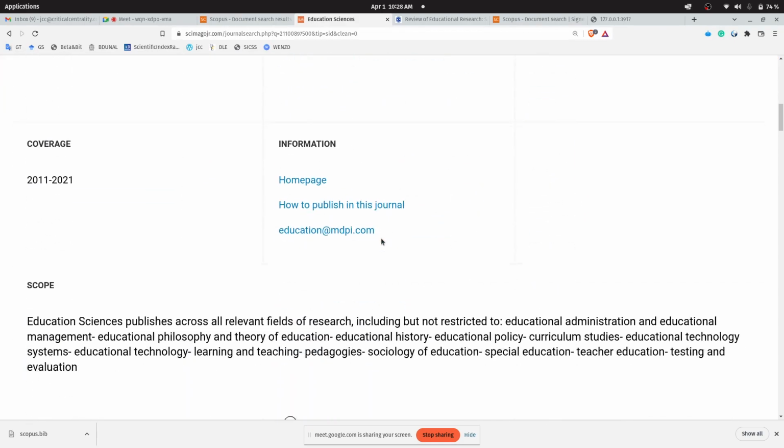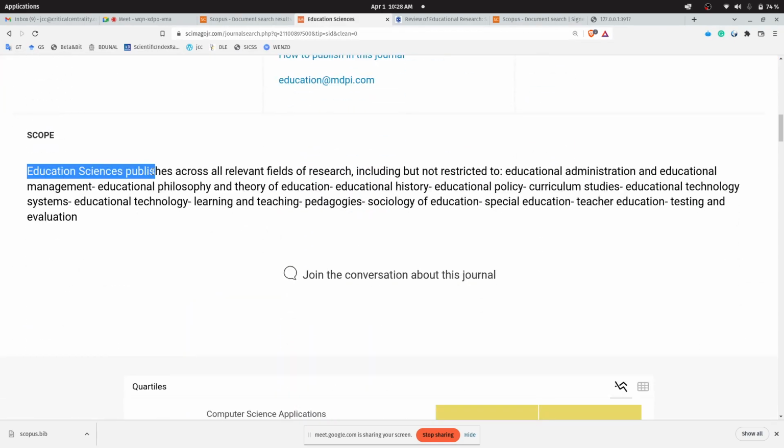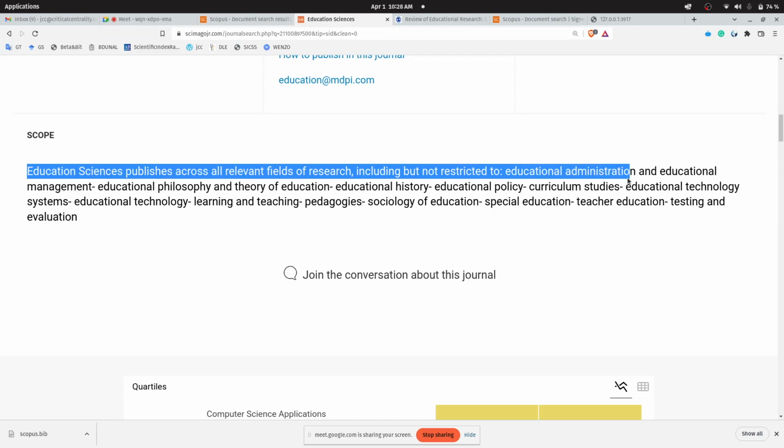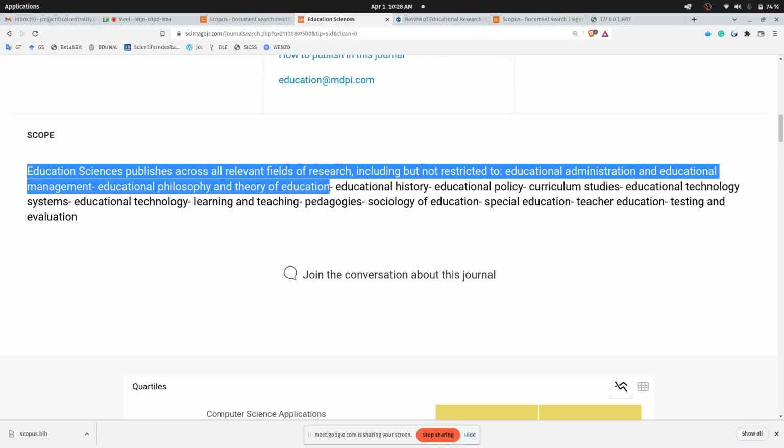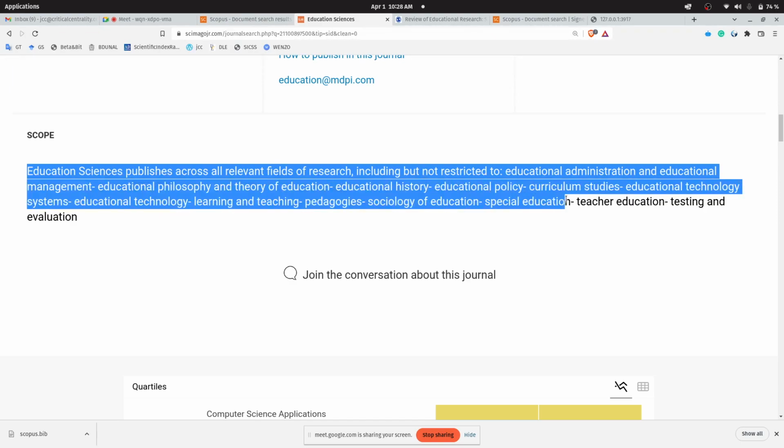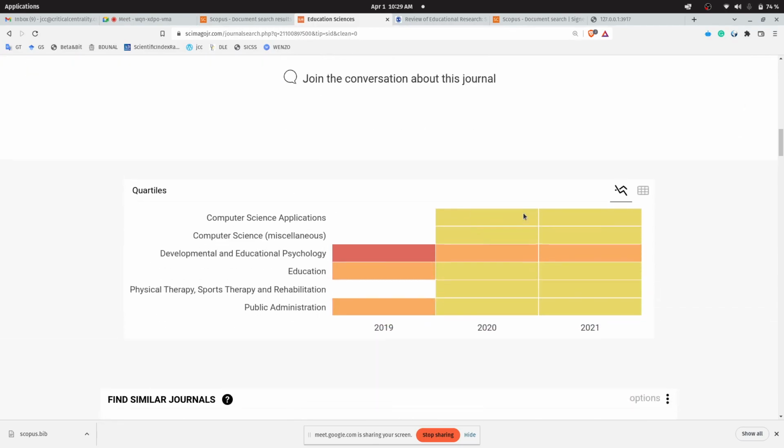Here we have: Education Sciences publishes across all relevant fields of research, including but not restricted to educational administration and educational management, educational philosophy and theory of education, educational history, educational policy, curriculum studies, educational technology systems, educational technology, learning and teaching pedagogy, sociology of education, special education, teacher education, and so on. As you can see, this journal